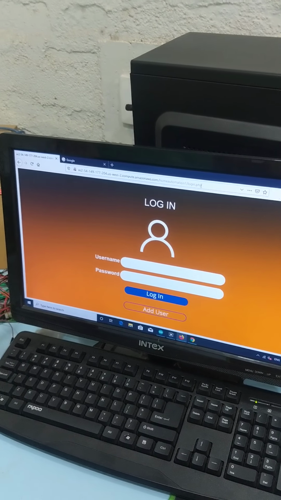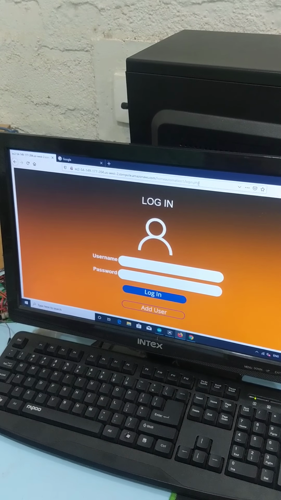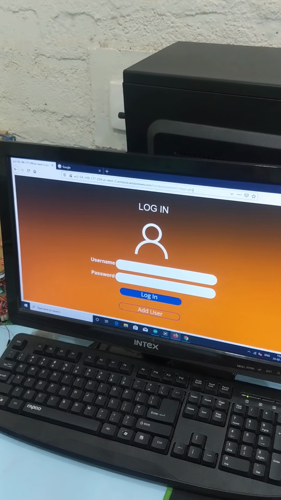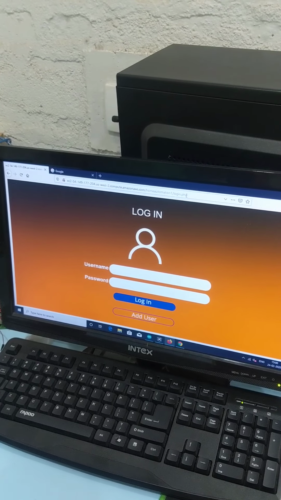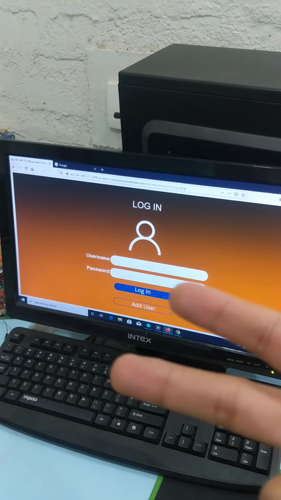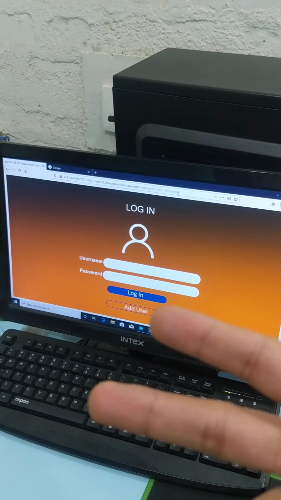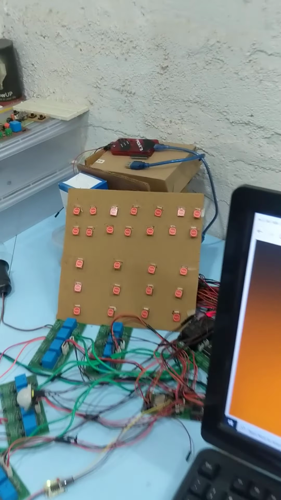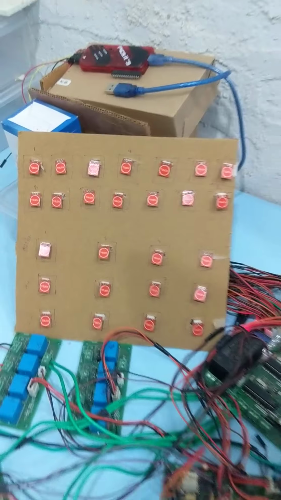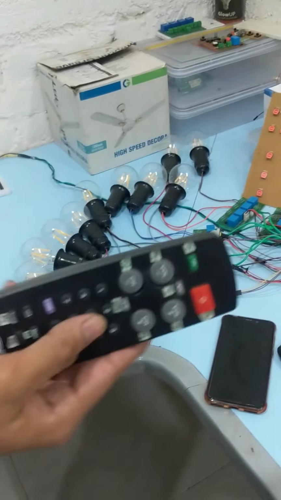That is the web server portion and the mobile application. So you've developed a web application which will be connected through a server, and the same thing for a phone application. Exactly. So a web application, an Android application, a touch system that you can see here, that is for hard controlling, and the fourth thing is the remote.